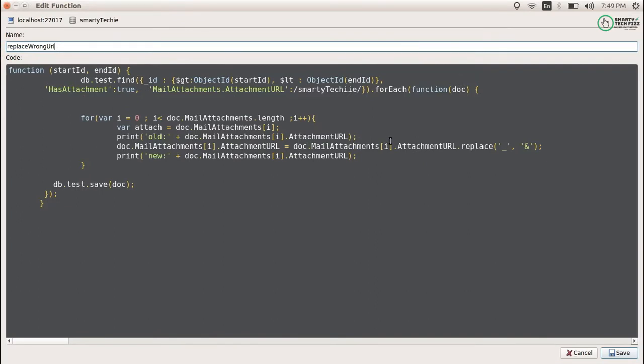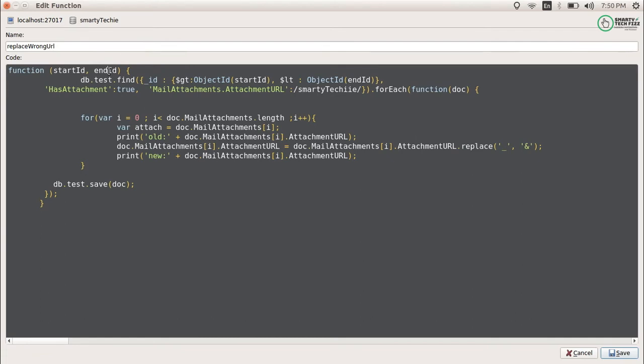My function name was replaceWrongURL, and the function takes the start ID and the end ID. I have already created a video on the ID: in the underscore ID key of Mongo, we have a timestamp.